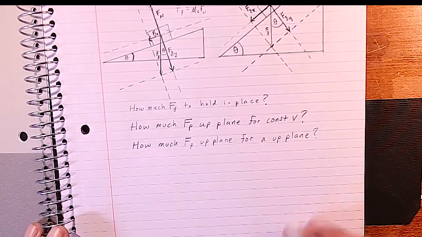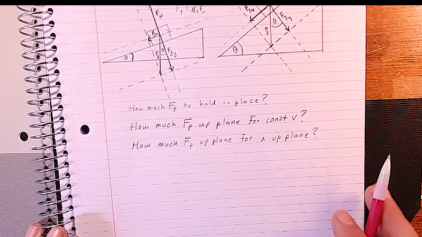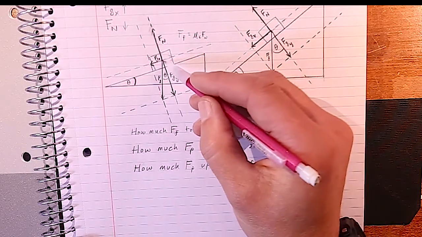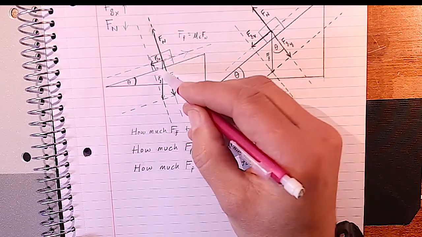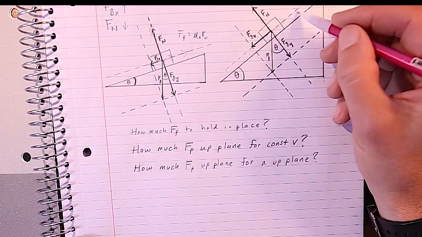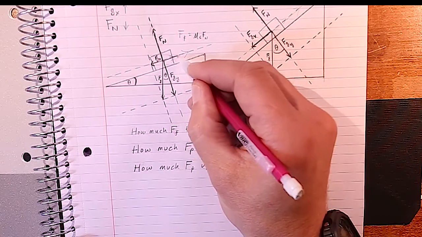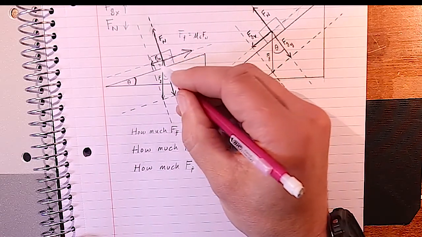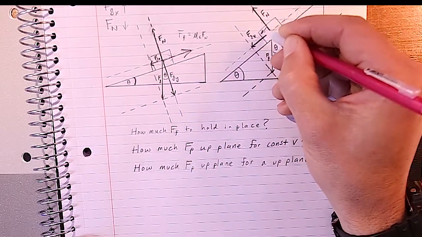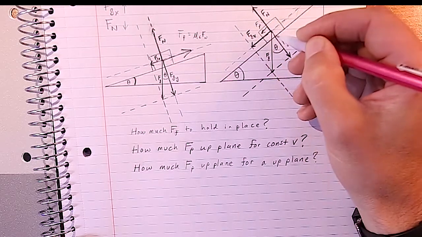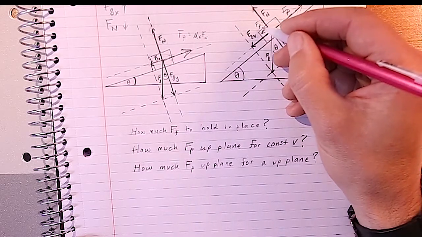And the last question says, how much force of push or pull up the plane to make it accelerate up the plane? In that case, if there's no friction, Fp would have to be larger than Fgx. And here again, Fp would have to be larger than Fgx. If there was friction, the force of pull would have to be larger than Fgx and the force of friction combined. So if we had a force of friction here, and we wanted it to accelerate up the plane, Fp would have to be larger than the sum of Ff and